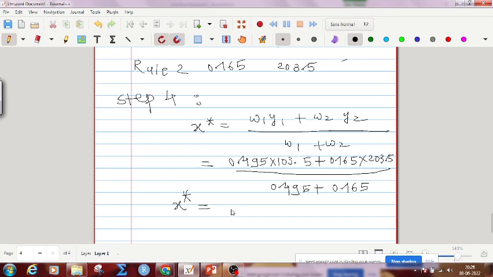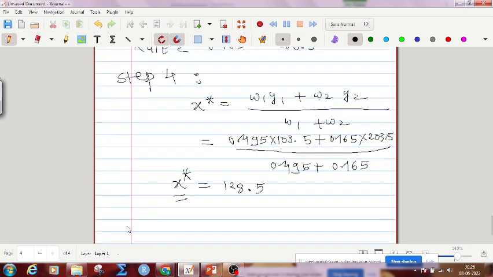Calculate it and tell me please. Now that's 128.5. So this is the corresponding output value. Finally, what do you get? This is nothing but the value of output when x1 equals 3.5 and x2 equals 100. When x2 equals 100 and x1 equals 3.5, what will be the corresponding value of output? The output value will be